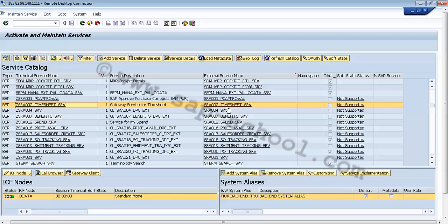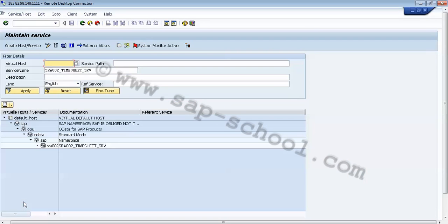After that, if we select the ICF node and go to configure, we can see that it jumps to the transaction SICF, which is for maintaining the service.